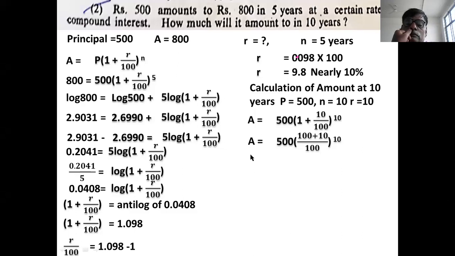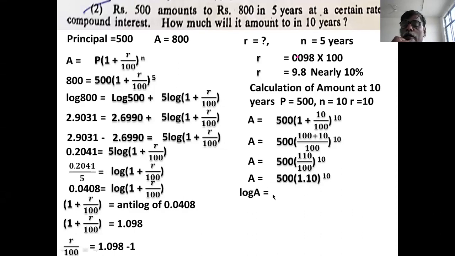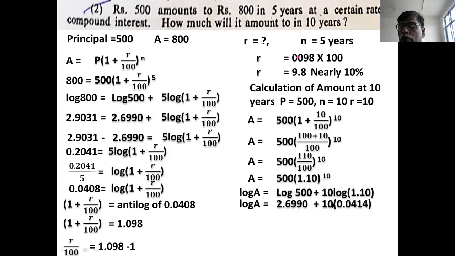Then A is equal to 500 into 110 divided by 100 raised to 10. So A is equal to 500 into 1.1 raised to 10. So log A is equal to log 500 plus 10 log 1.10. If you see the logarithm table, 500 characteristic is 2 and its logarithm is 6990, plus 10 log 11 0